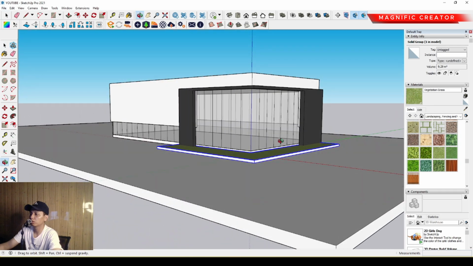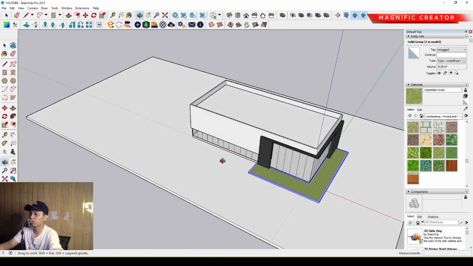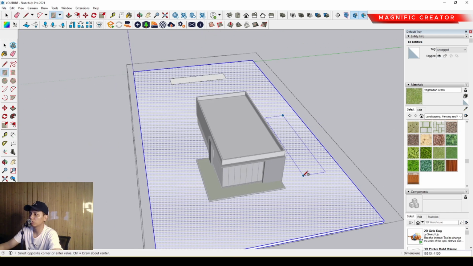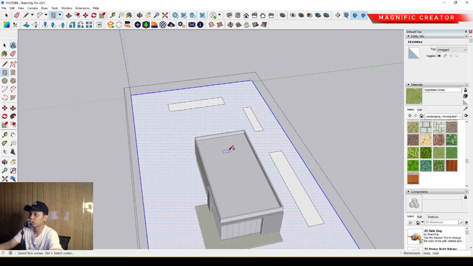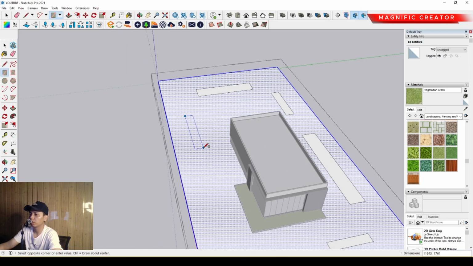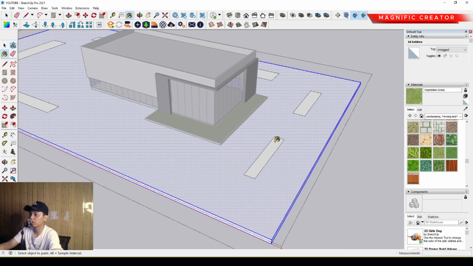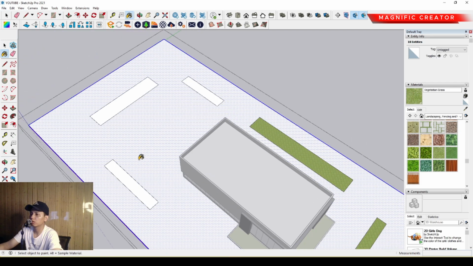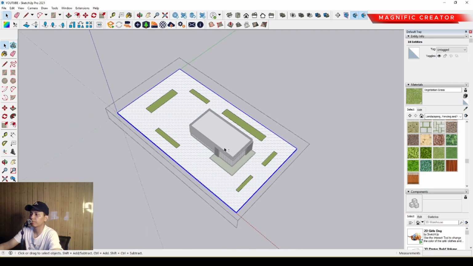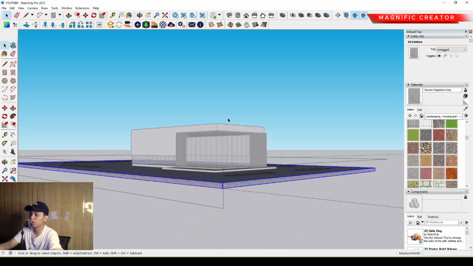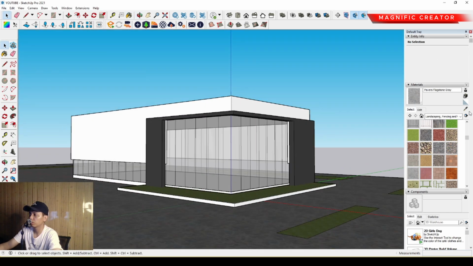Okay, and after that we can also make another landscape element anyway, in this area, or in this area, and anywhere you want anyway. It's just for example, you can put the landscape texture over there. Then we can set the landscape element with this material, anything. So then we can adjust the